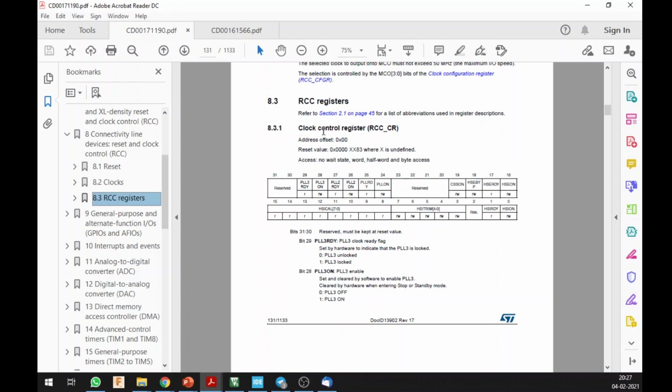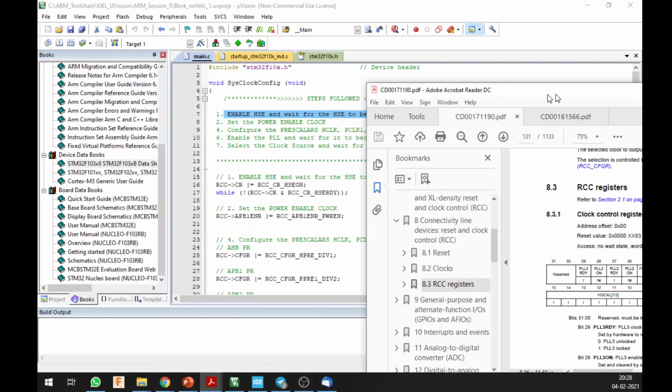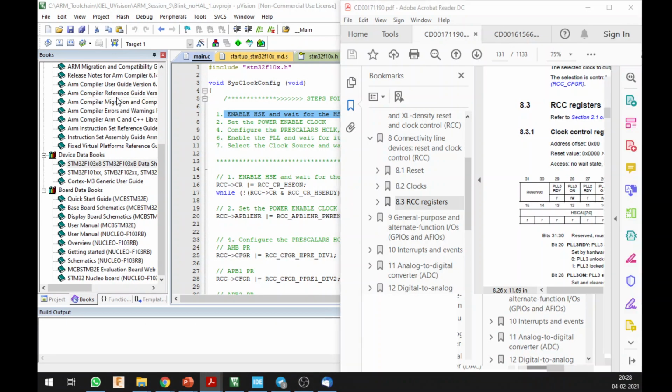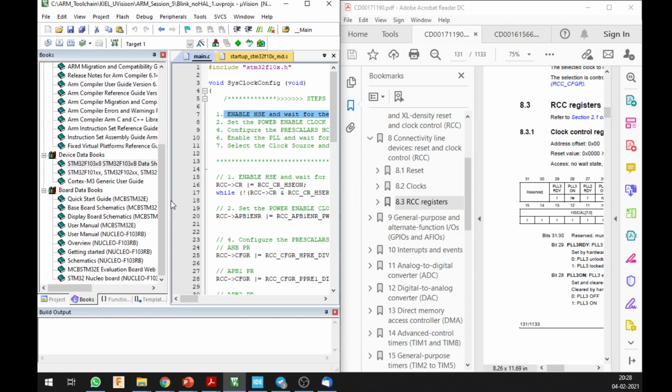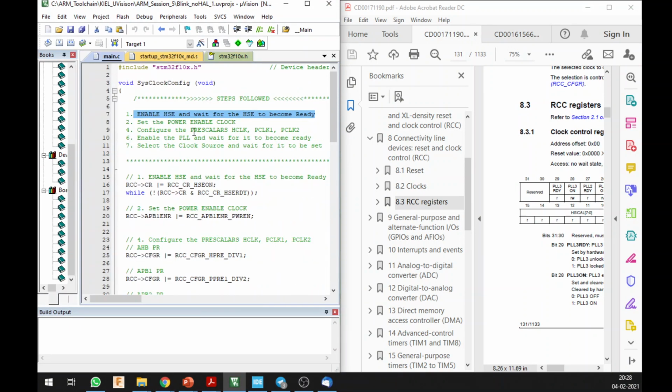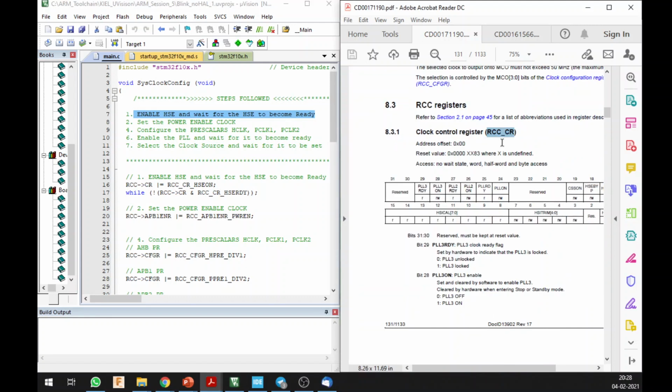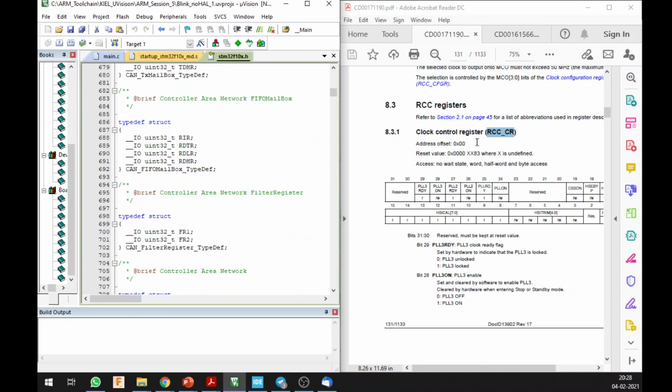How are you going to access that clock control register in your code? Now this is very synonymous and very replicable on your device, so on your particular chip, in code. If I see this RCC register, the naming scheme has been set in your device header file, which is the STM32F106.h.